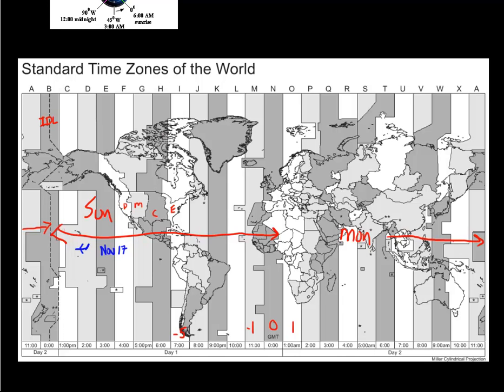Let me restate that, because that's not going to work. So I want to undo the 17th. Let's say you're on this side of the International Dateline and you celebrate your birthday here. It's the 16th on this side. If you could cross this line right at midnight, this side becomes the 17th, and you can celebrate your birthday